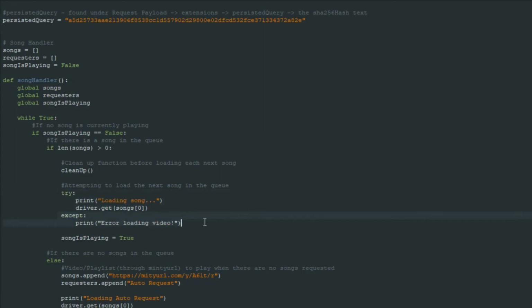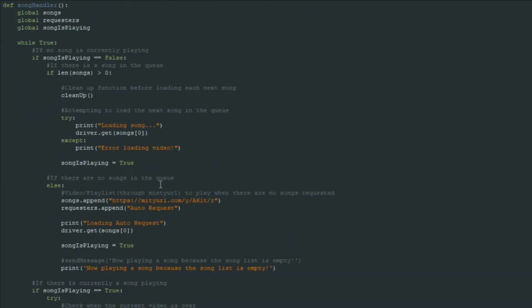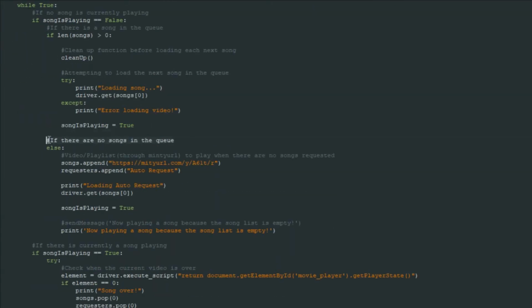If not, then it will say loading, and it'll say song is playing is equal to true. Now, ignore this cleanup thing. I'm going to be telling you about that after we go through the function, but just put that there for now. So then if there are no songs in the queue, so let's just say you just started up the